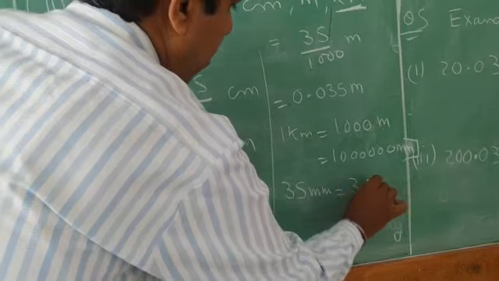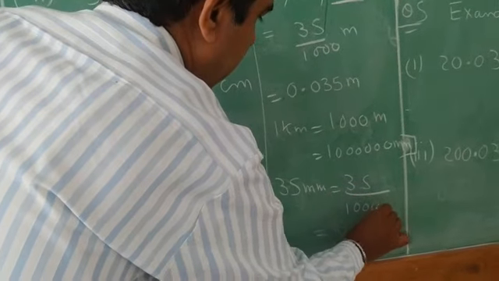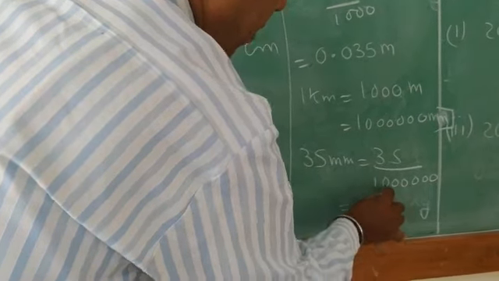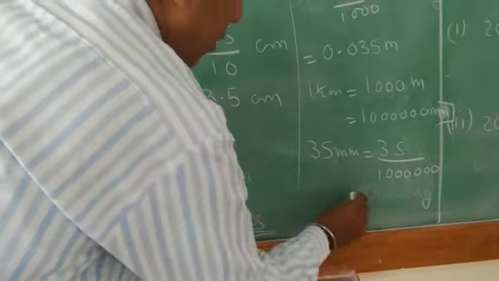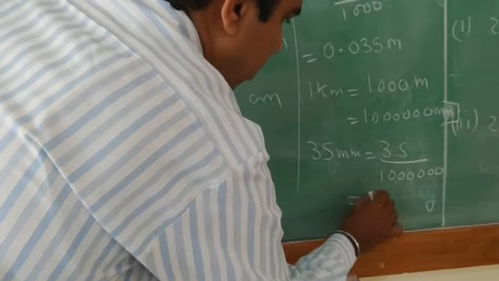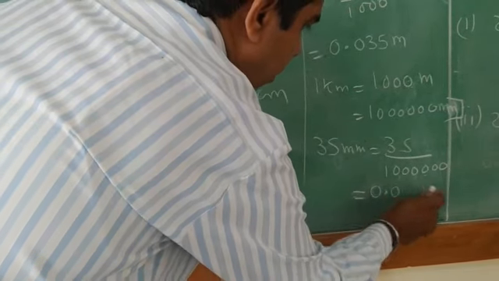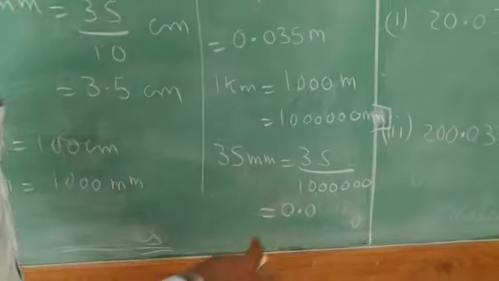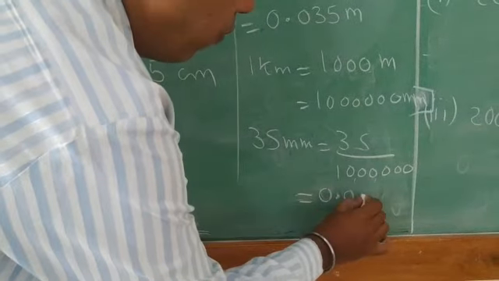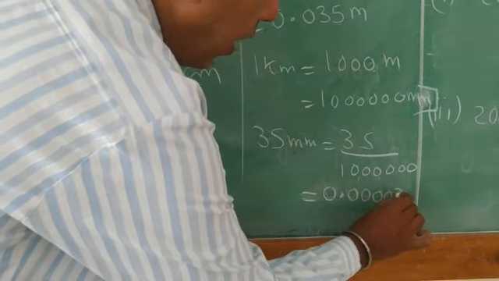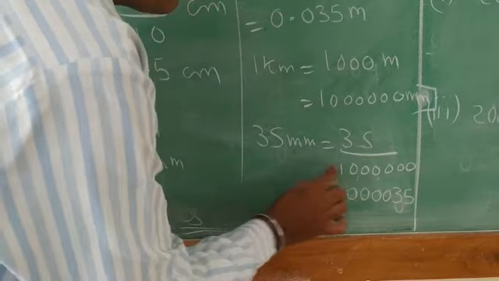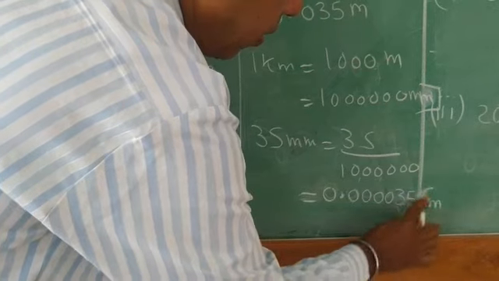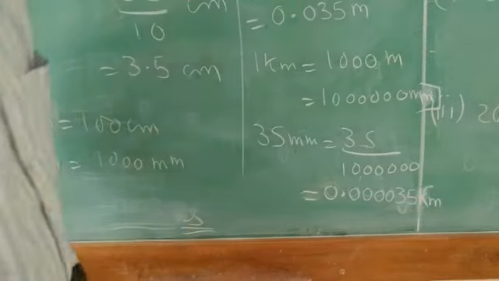millimeter is equal to 35 upon 6 zeros, means it is actually how much here? It is 10 lakh. You can see here. So it is actually now 35. So I write as 0. How many zeros now? I should get 6 digits after the decimal. 2 are already there. So I put how many zeros? 4. 1, 2, 3, 4 and 3, 5. And what is the unit? Unit will come as kilometer. K should be small. Kilometer.